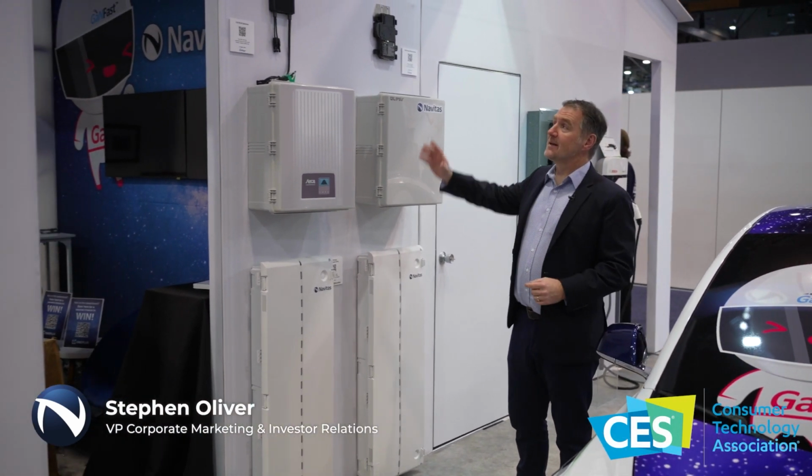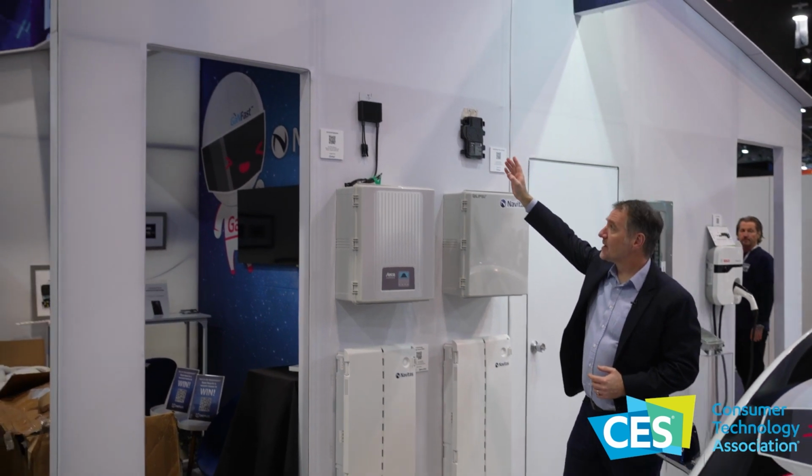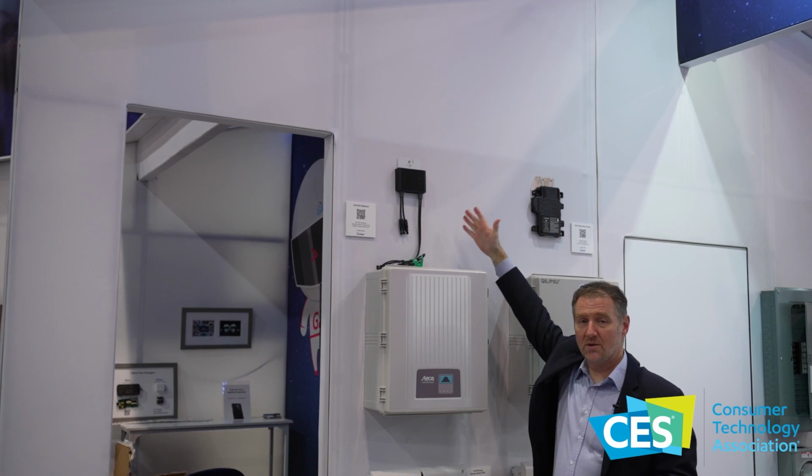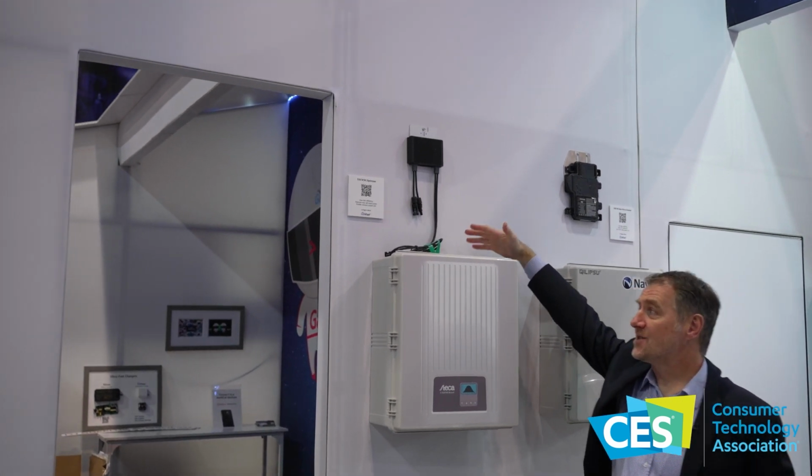Renewable energy is key. Here we have an example solar installation. On the roof of the Planet Navitas home, we have some solar panels. That low voltage DC power comes down. On the left-hand side, we've got a DC optimizer, which will be using low voltage gallium nitride into a high